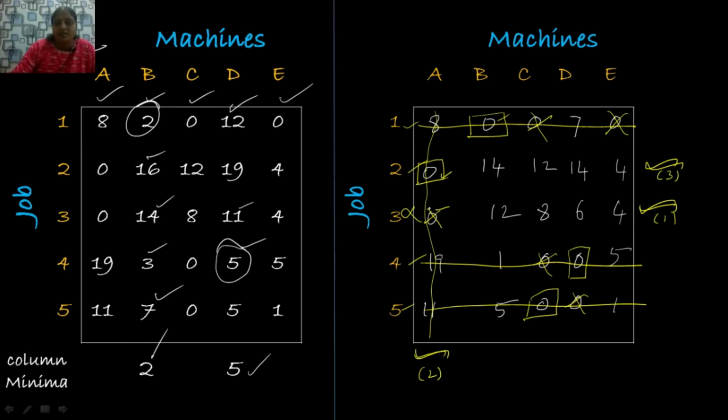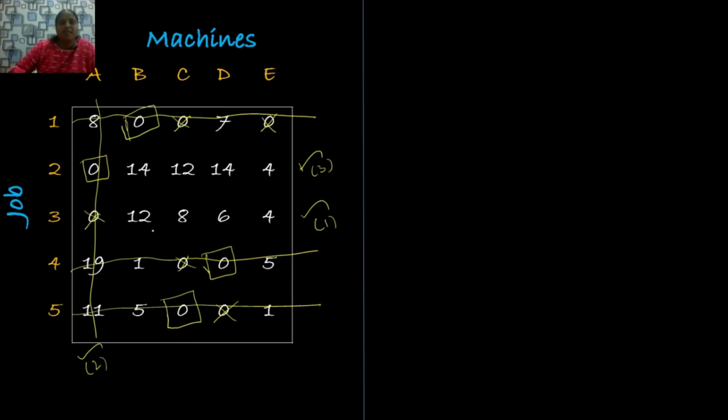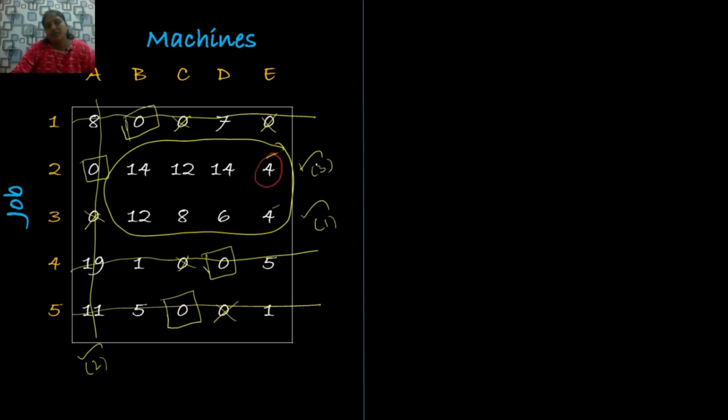Now what we are going to do is, we have to pick up the minimum element from all uncovered elements. These are all the elements which are not covered by any of the straight lines. So among these, we have to choose the minimum element. The minimum element is 4. We have 4 at 2 positions. So we have to subtract 4 from the uncovered elements and we have to add this minimum element to the point of intersection of the straight lines. So at these three positions we have to add 4 and from these elements we have to subtract 4 and write down the remaining elements as it is.